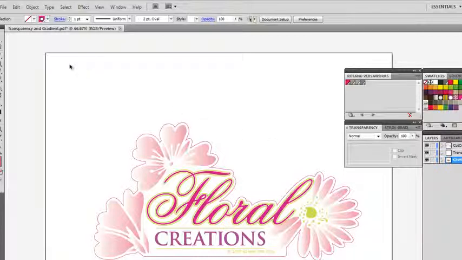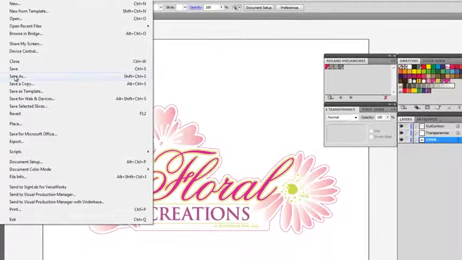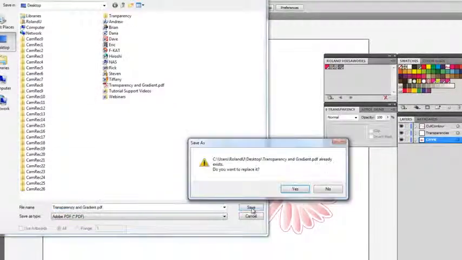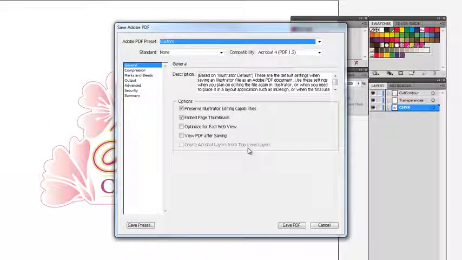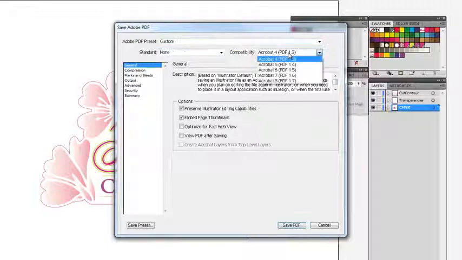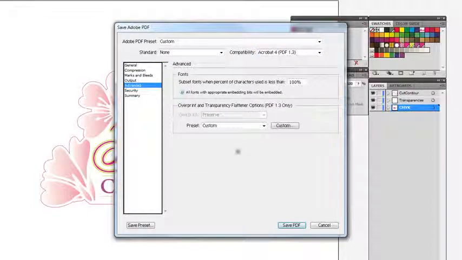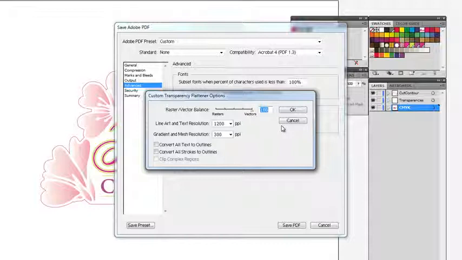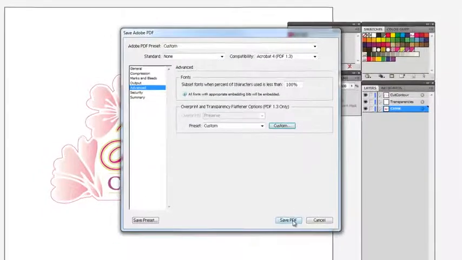And this is the next important step. We're going to save the file into a very specific format. And this dialog box comes up, and the compatibility level that we want to employ is 1.3. And then the next step is we want to go to Advanced, Custom, and make sure not to convert all strokes to outlines. This is typically on and selected to take place. You want to deselect that option and click OK. So now we'll go ahead and save the file